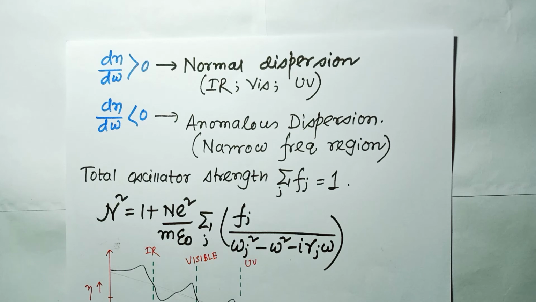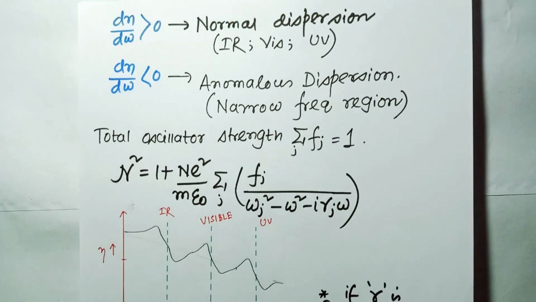In real materials, the electrons interact with more than one binding site, and this is analogous to a mass attached to one or more separate springs with different spring constants. Now if we assume that the electron cloud gets disturbed, we may have more than one resonant frequency, and the sum of the total oscillator strength, that is sum over j of fj, is equal to 1. This is a measure of how easily a particular oscillator mode or frequency can be activated compared to one another.